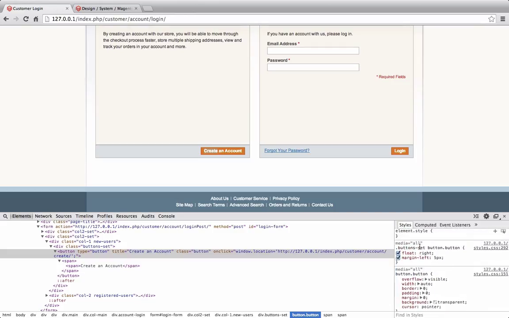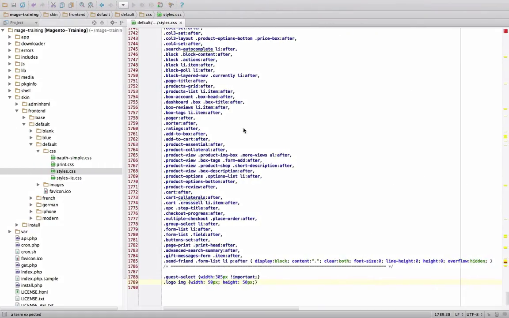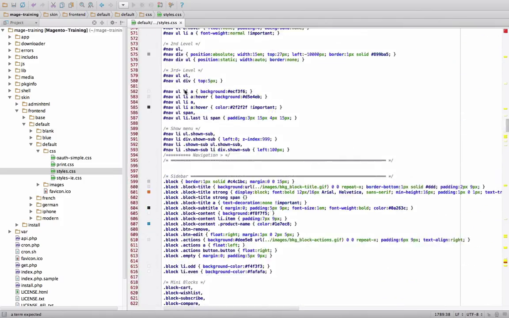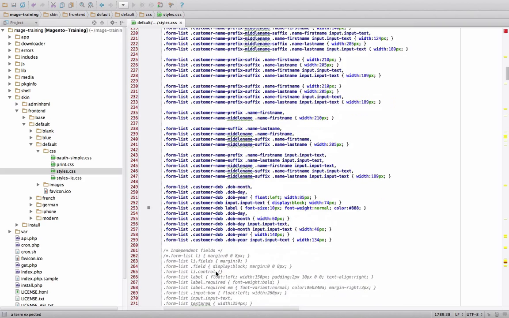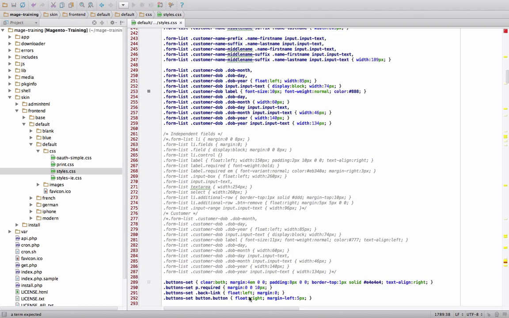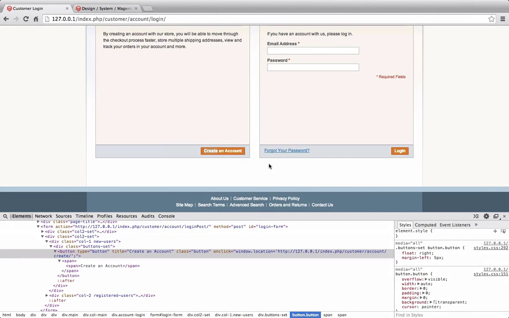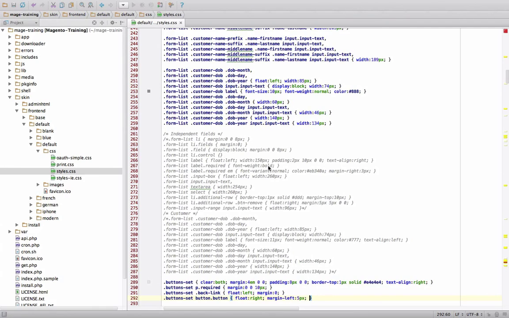A lot of times it's worth going to the actual rule, so we can go to line 292 and change what we want for this button. But the reason I bring that up is that once we go to this rule, we'll realize that this will apply to many other buttons. So if we set a background color of, let's say, blue,